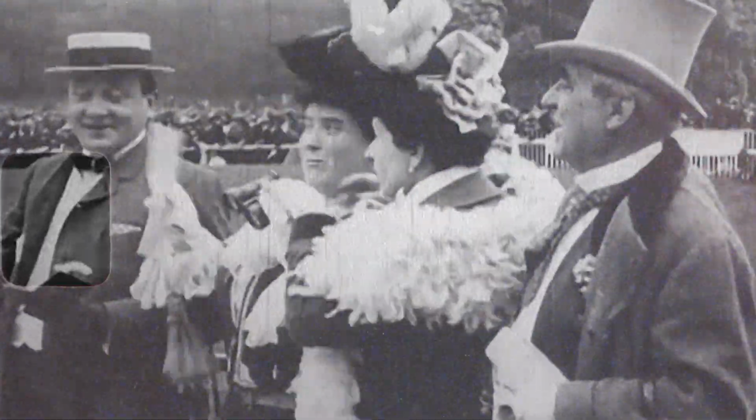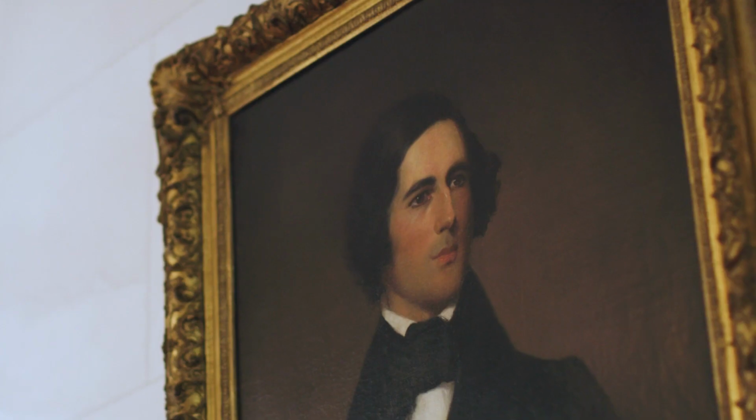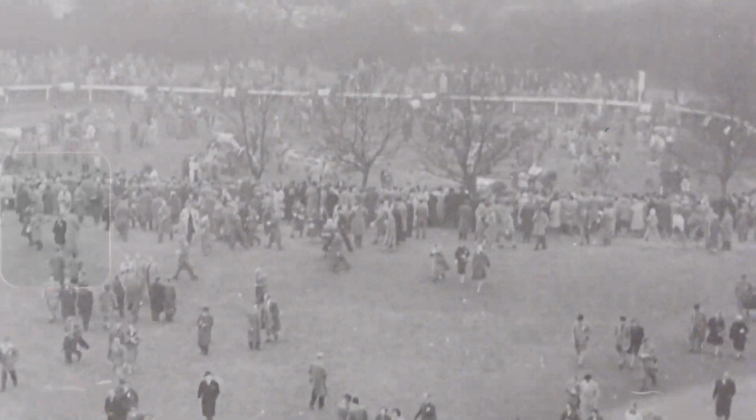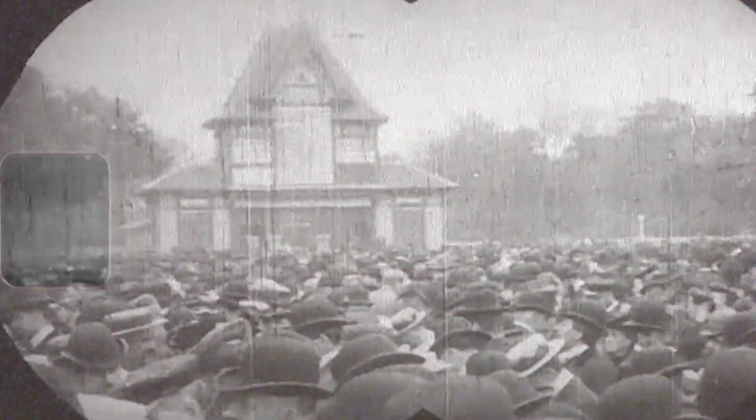So we have to remember it wasn't just the horse lovers. This really was the most important social event for everyone in the state. It would have been a see-and-be-seen sort of event in the mid-19th century, and the Mannings would have been among the people who were at the forefront of that. The rich folks raced in one way, the poor folks raced in another way, but everybody raced or went to the races. While families like the Mannings owned the racehorses, and ultimately the sport couldn't have existed without them,